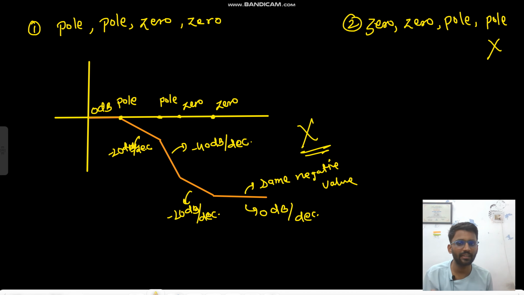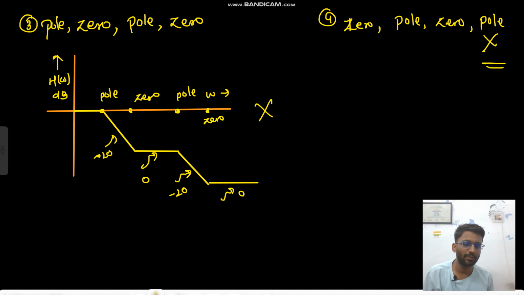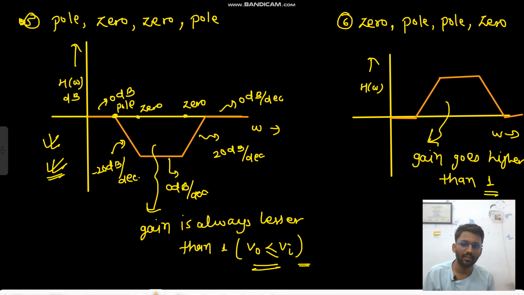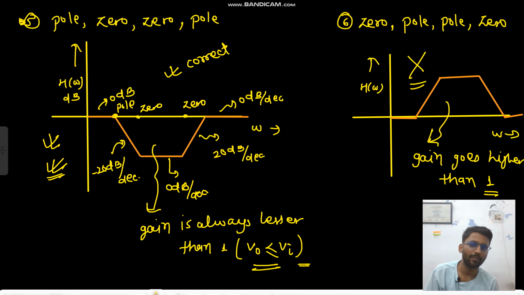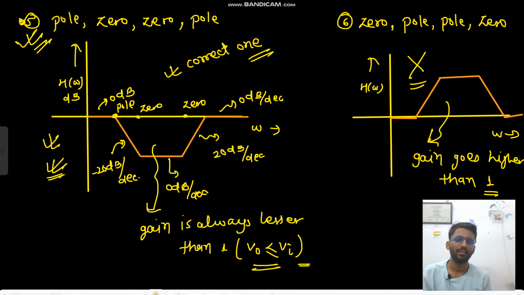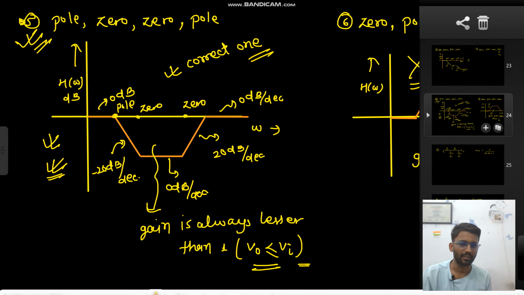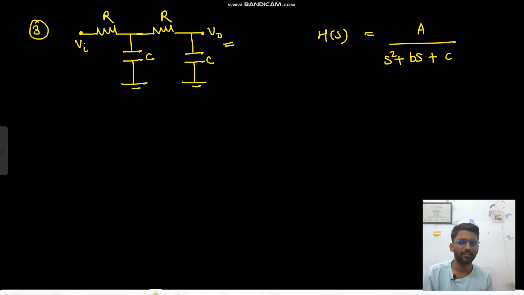So if your gain is never greater than 1, this is not possible, this is also not possible, and this is the only graph possible. So this is the correct one. There is only one possibility. Because the gain will never go above 1, it has to go like this only. Okay, this is correct. Now for the second one, this is easy,